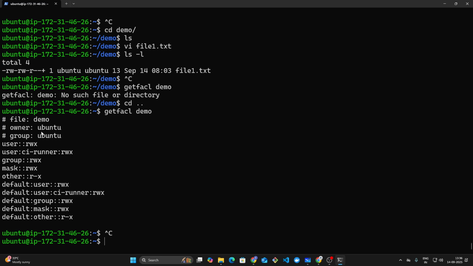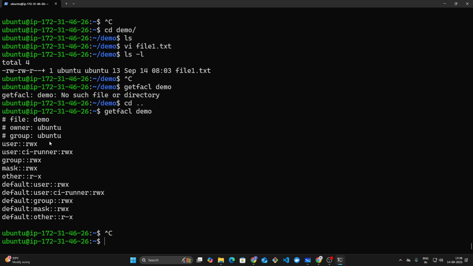Without ACL, CI runner could not get anything beyond what group or others allowed. ACL makes it more flexible. For example, if you are using Jenkins or any third party tool and you want to provide permission,